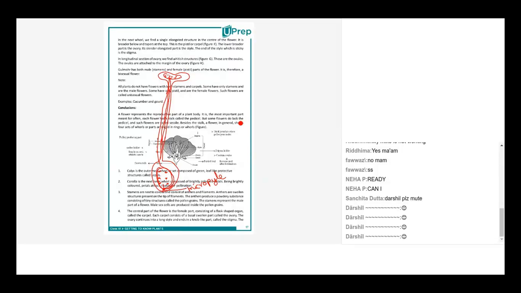I would request all of you, you must have seen chana, rajma, whatever. At the base there is a small hole like this. If you have not seen it, I suggest that you look. When you keep it in water and allow it to germinate, you will find the radicle, the small root, and the plumule, the small plant, generally comes out from that small hole only.